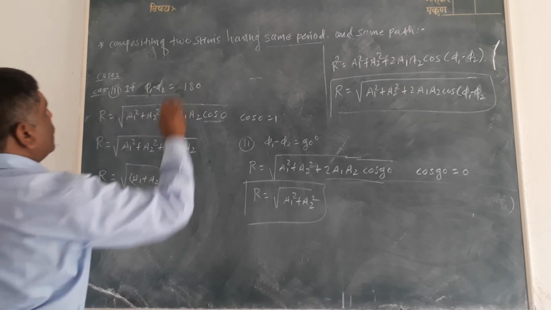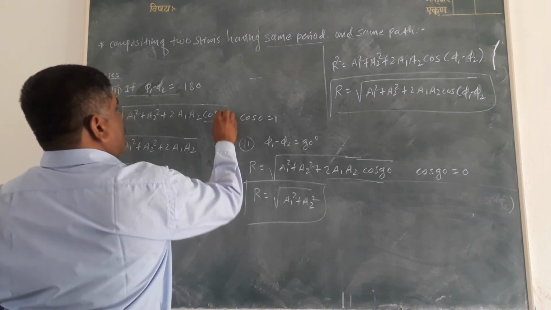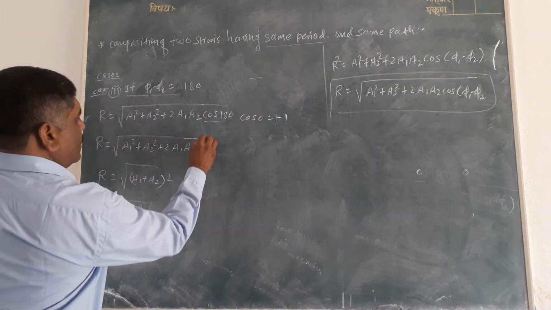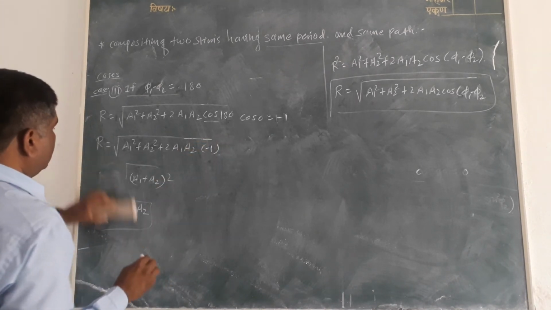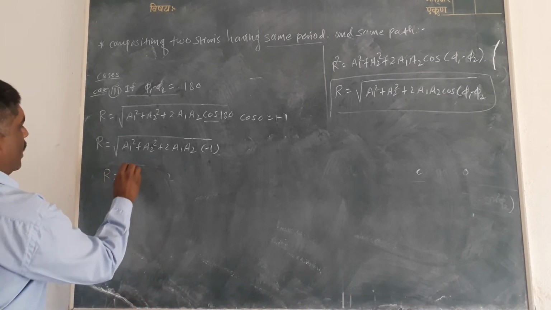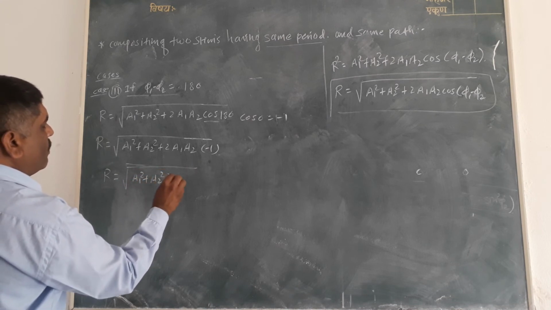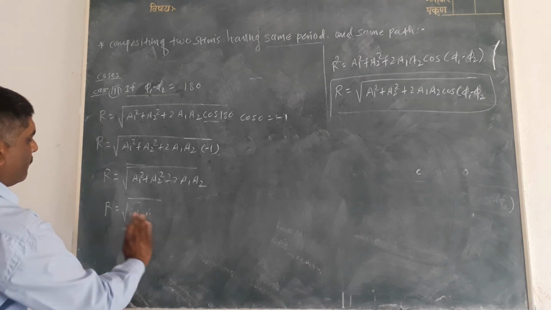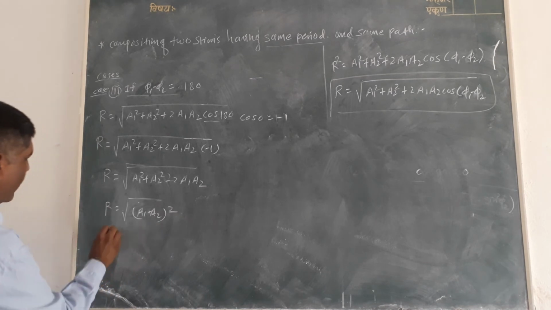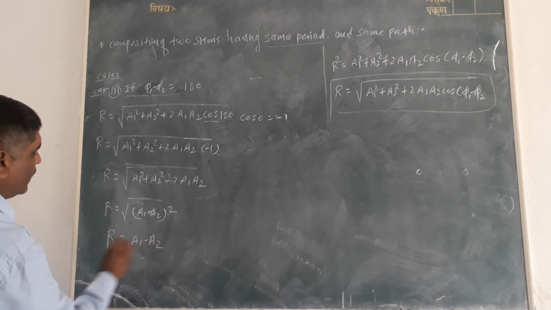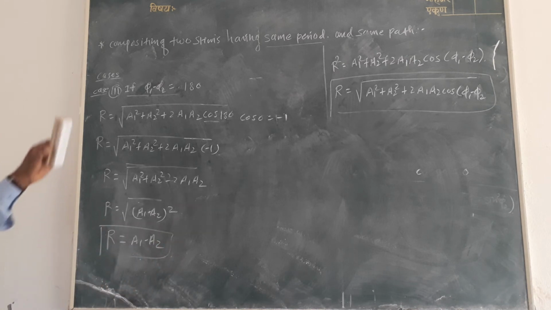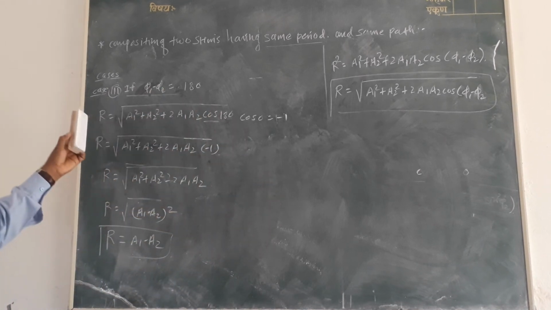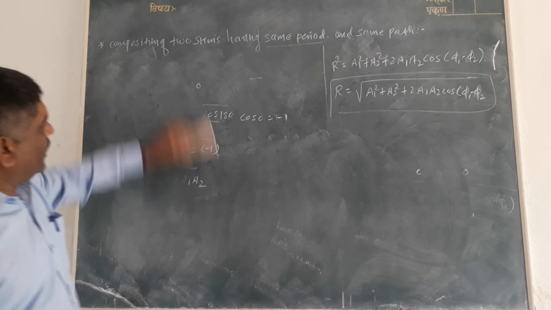that is phi 1 minus phi 2 is equal to 180, that is cos 180 is minus 1, therefore this into minus 1, or R is equal to under root A1 square plus A2 square minus 2A1A2, or R is equal to under root A1 minus A2 bracket square, or finally resultant amplitude is A1 minus A2. These are the three cases, that is for phase difference, that is phi 1 minus phi 2 is equal to 0, phi 1 minus phi 2 is equal to 90 degree, and phi 1 minus phi 2 is equal to 180 degree. Now we discuss the another case, that is case of